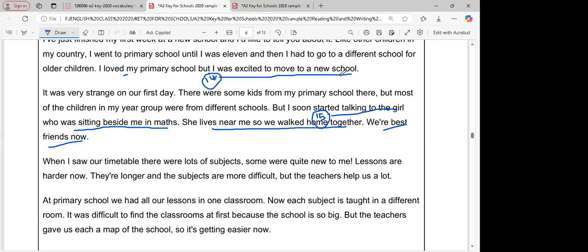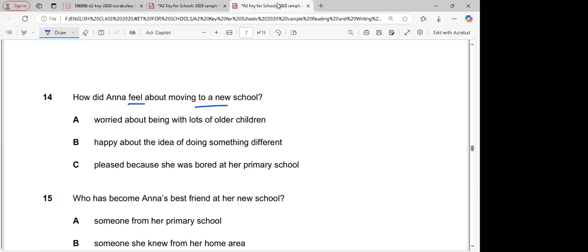I was excited to move to a new school. This is where the answer lies. Okay, so happy about the idea of doing something different. Happy about the idea of doing something different. Okay, because happy can match with excited, but still